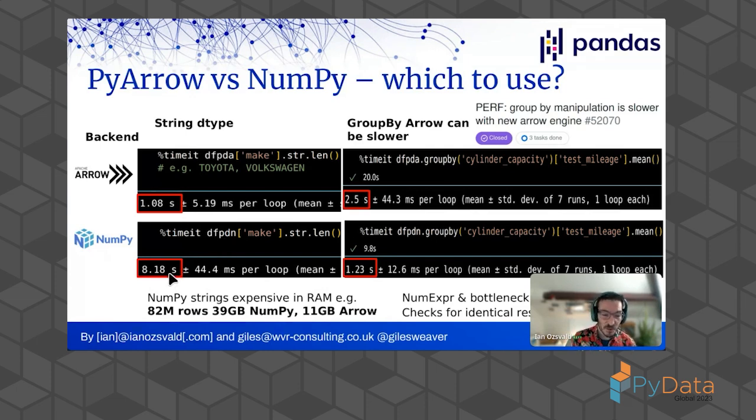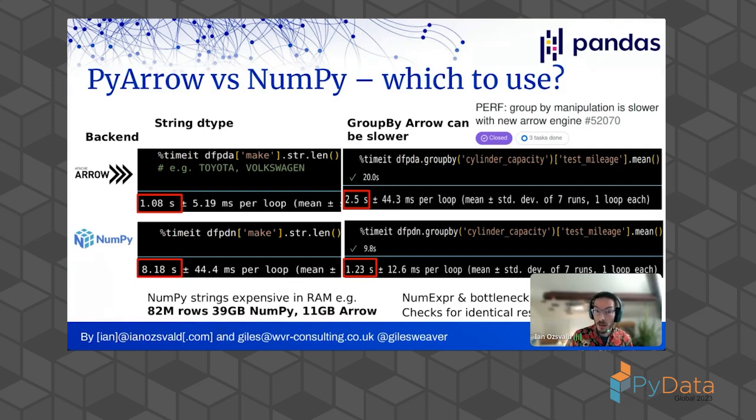That's kind of huge. And actually, if we look at the difference in memory size between the NumPy backend version of this data and the Arrow backend, the NumPy backend, 82 million rows, 39 gigabytes versus 11 gigabytes for the Arrow backend. So it's a 3-4 times memory size difference, and some operations like string operations much slower.